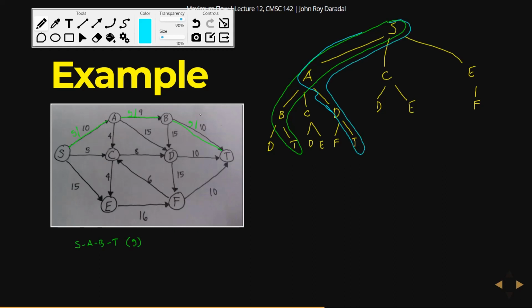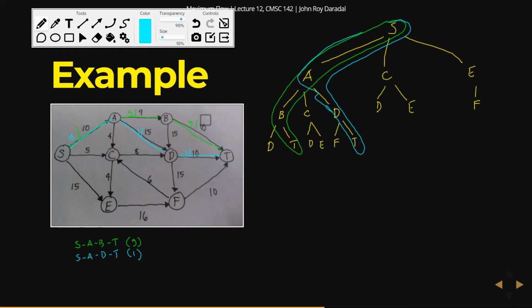Okay, so it's in here, SADT. That would be here. So along this path, how much can you send? You can actually only send one, right? Because SA only has a remaining capacity of 1 because it's already 9 out of 10. So if we send 1 here, then this becomes 10 out of 10. This becomes 1 out of 5, 1 out of 15, and then 1 out of 10,